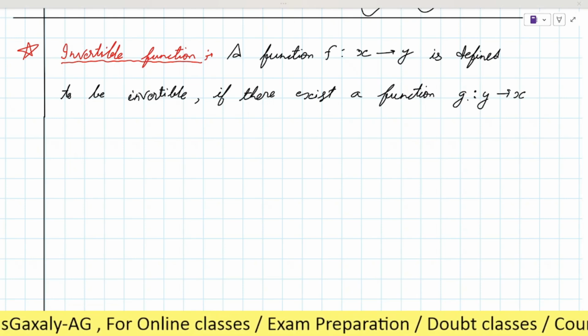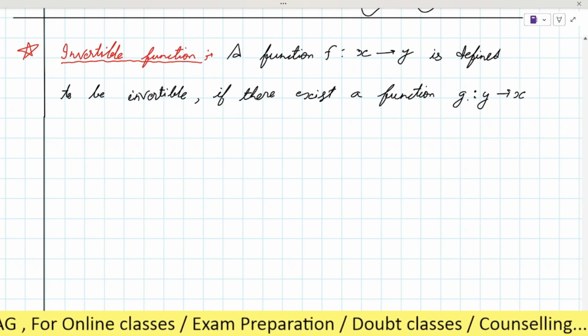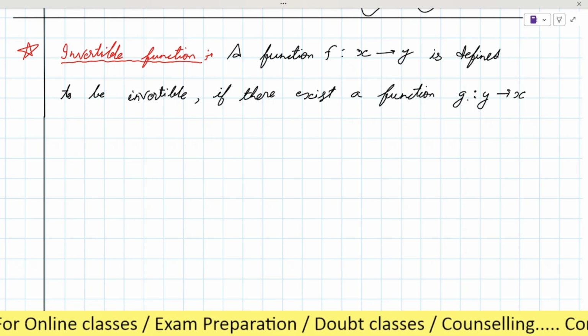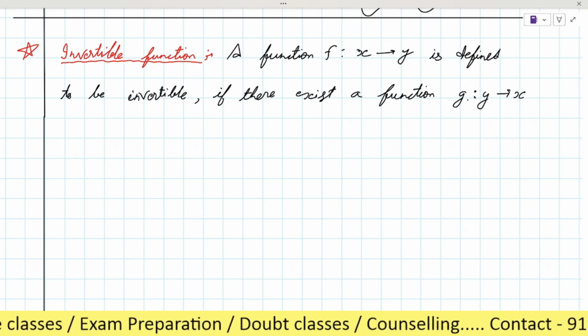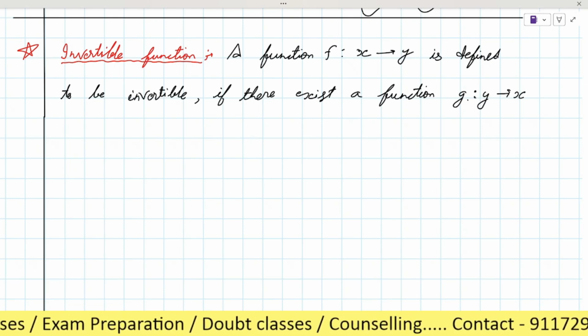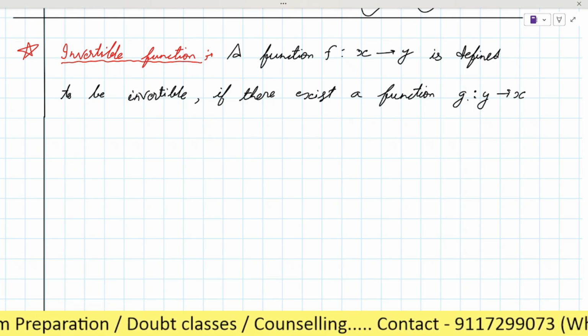As till now we've learned the function from x to y, which we denote by f, but when we take the function from y to x in a reverse way, we denote it by g.